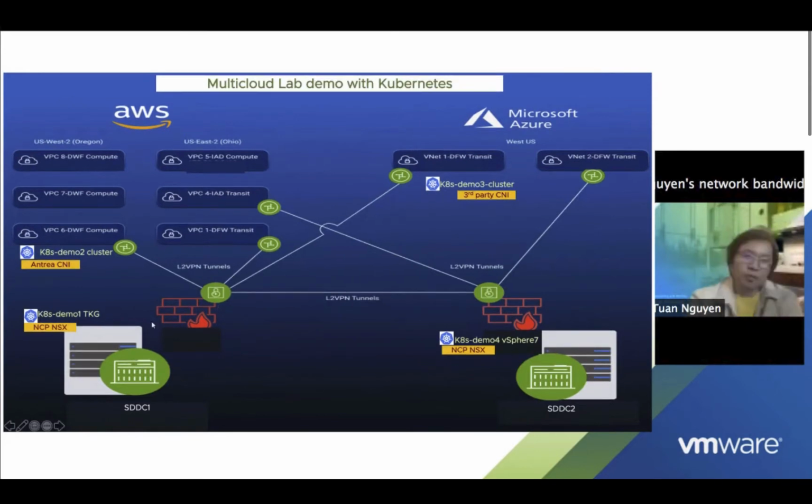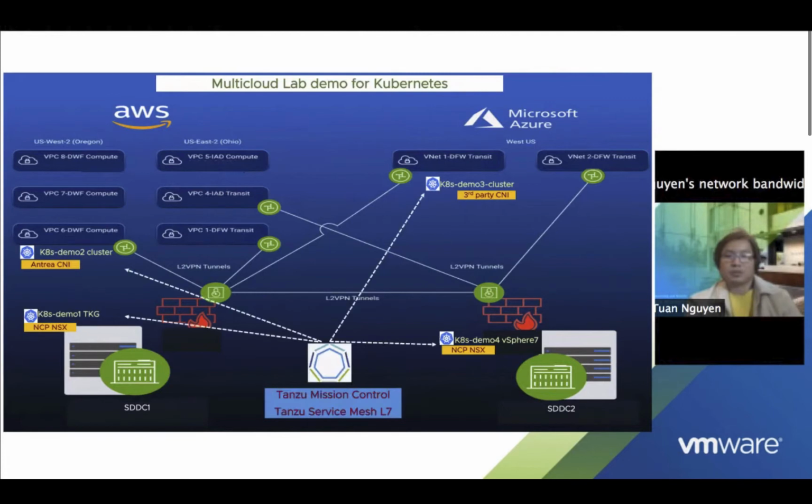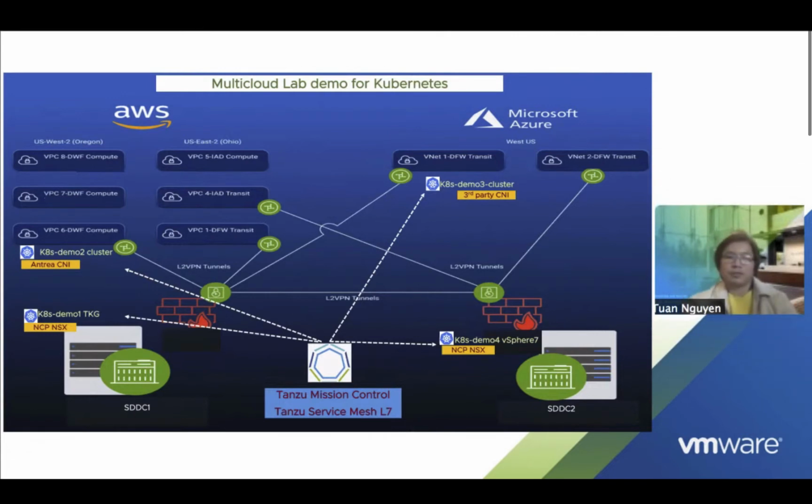So I focus on one of the things running on AWS and show how easy we can do everything from scratch in one single click, right? And now after that, I'm going to walk you through how Tanzu can come in and do the onboarding of those Kubernetes clusters in different environments. The two things in the demo are TMC, Tanzu Mission Control, to manage all the clusters in compute and storage, and Tanzu Service Mesh, which does the networking plumbing for all the clouds together at layer 7, like Susan just mentioned. Susan, do you want any comment before